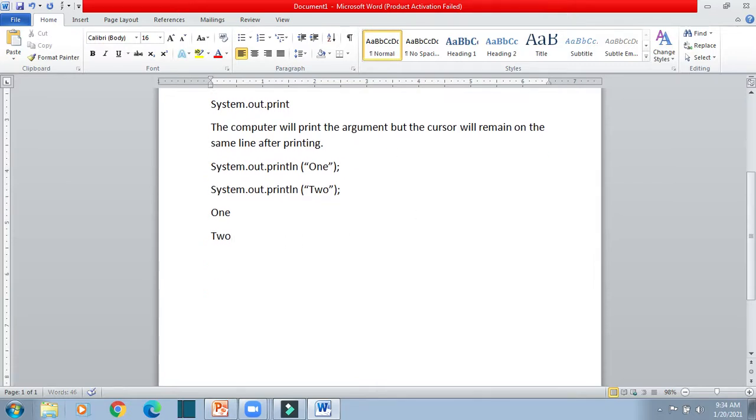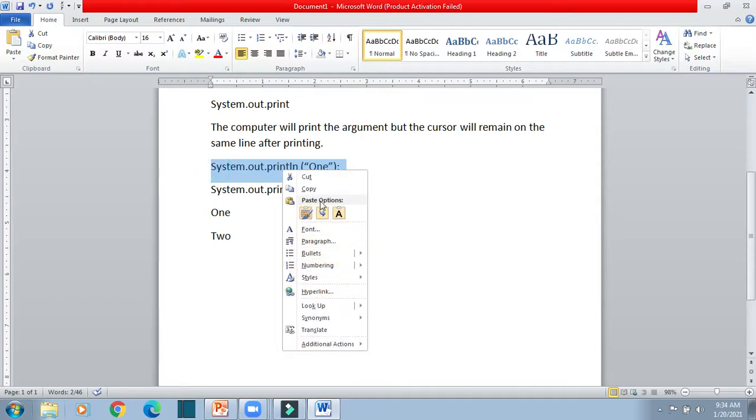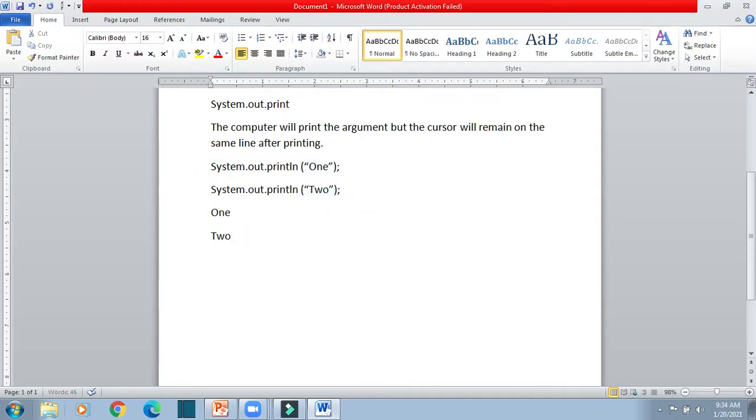Okay, now you have to tell me what will be printed if I am writing the code like this. Just 1 minute, let me write the code.